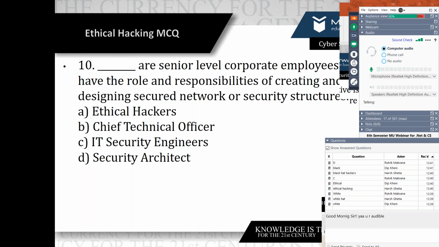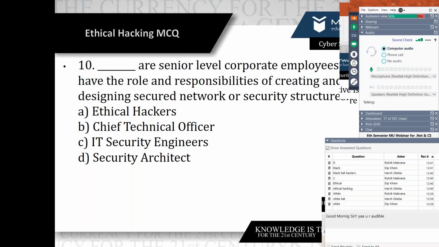Yeah, the answer is D, security architect. Also, security architecture, who is specially a senior corporate employee who designs, with the main responsibility of creating as well as designing the network security structure.